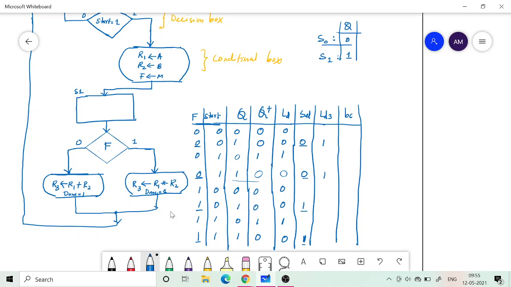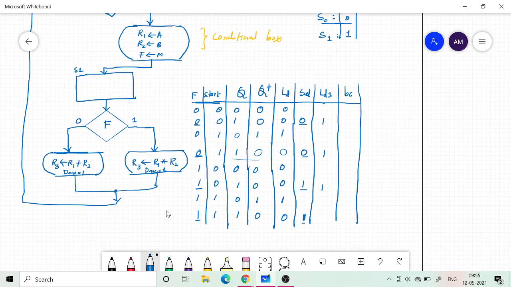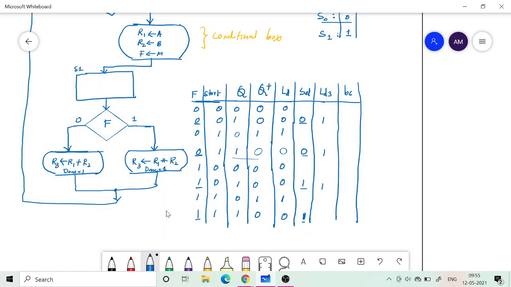Wherever Q equal to 1. That is why I said whether you do multiplication or addition, you have to load the register when Q equal to 1. It doesn't depend upon F. Earlier operation depended on F, but this doesn't depend upon F. The remaining one I have to give 0.